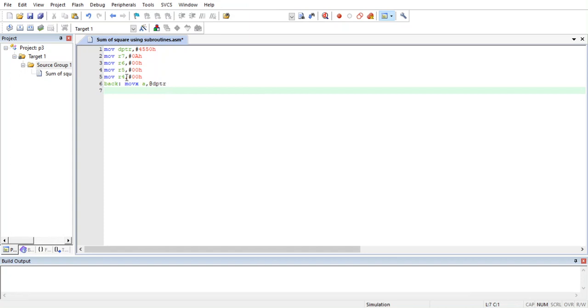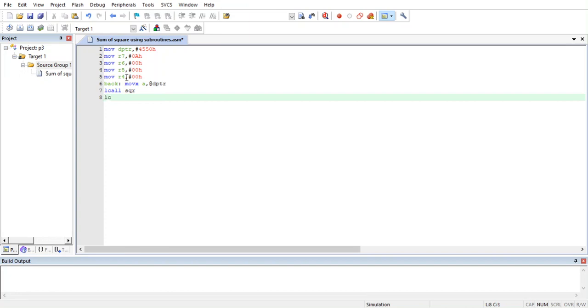Now we can call the subroutine. So we can use L call or A call as your choice. That's your choice. Let me give the subroutine name as sqr square, and then after squaring we can call another subroutine for summing it.